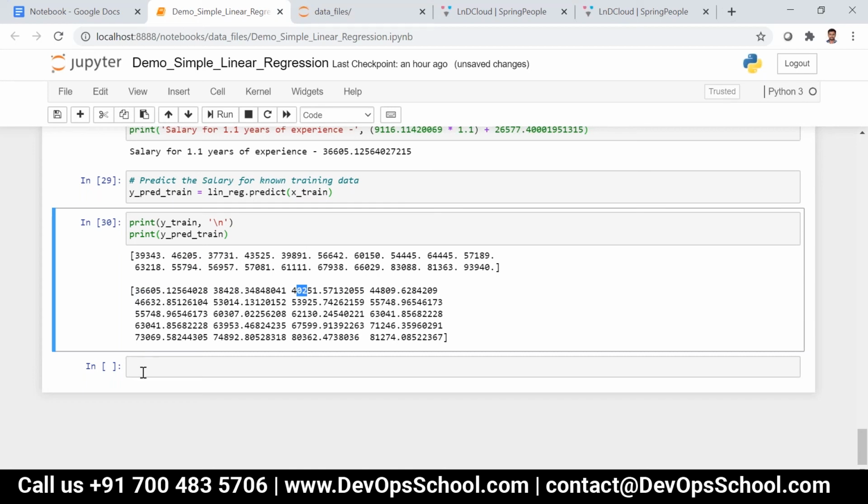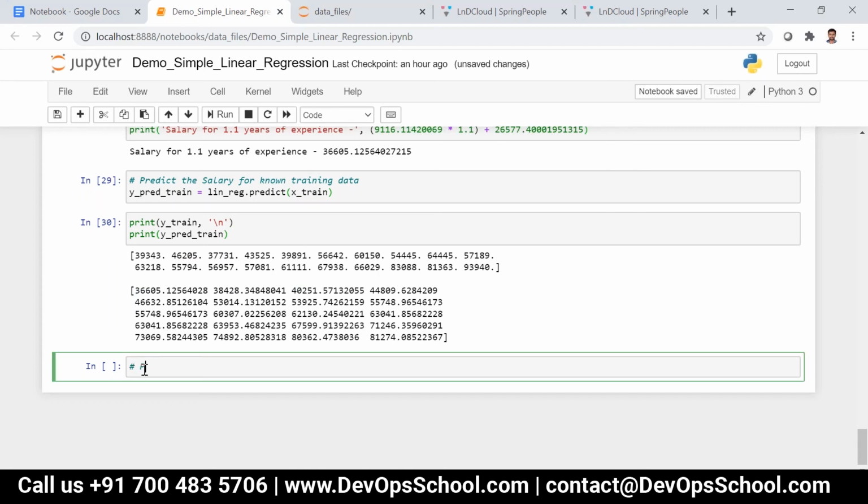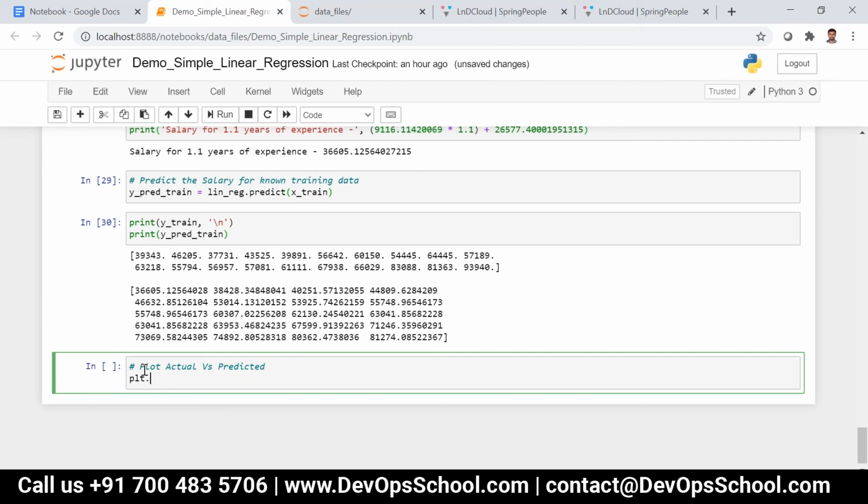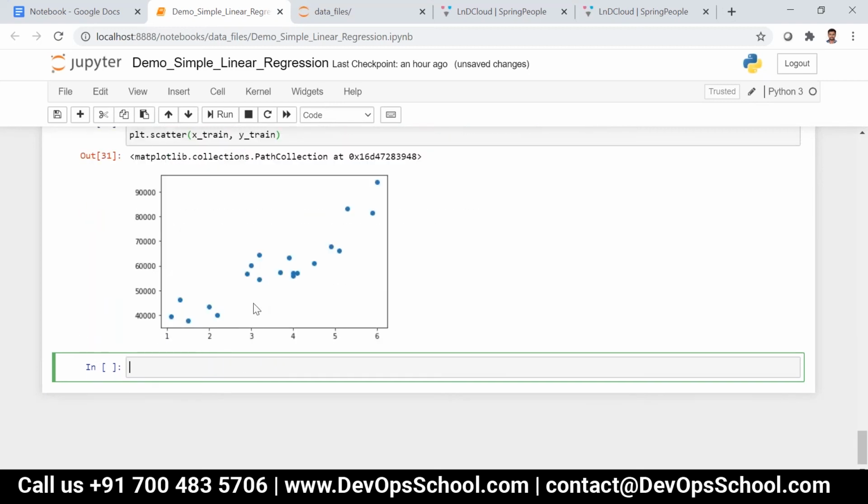Now if I want to plot actual versus predicted, I can use plt.scatter of x_train, y_train. This is the actual training data.